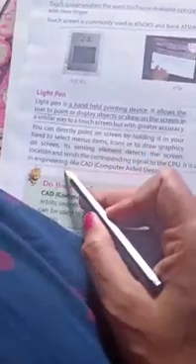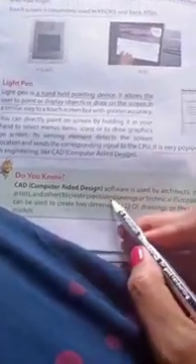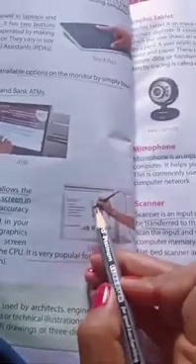And light pen is very popular for graphical work in engineering like CAD, computer aided designing. Computer aided designing is a part of engineering which is used to design. You can see here it is written that it is used by architects, engineers and drafters. Architects means civil engineers, those who design houses and bridges. So they are using light pen and touch screen to design some architecture in the computer.